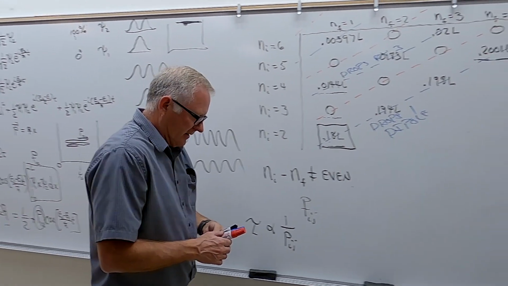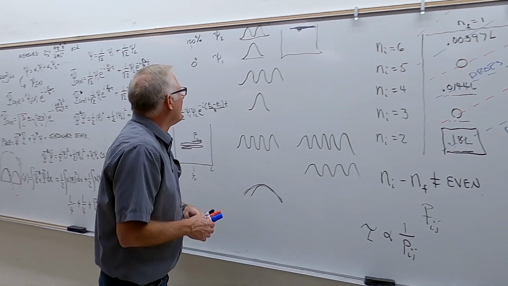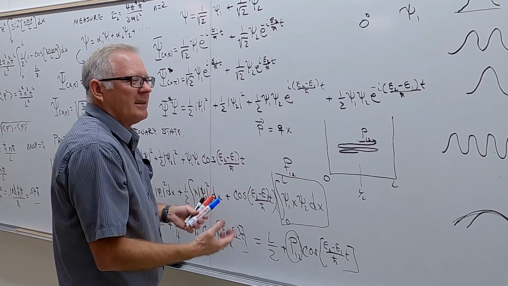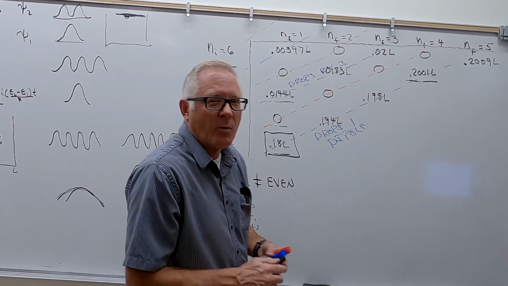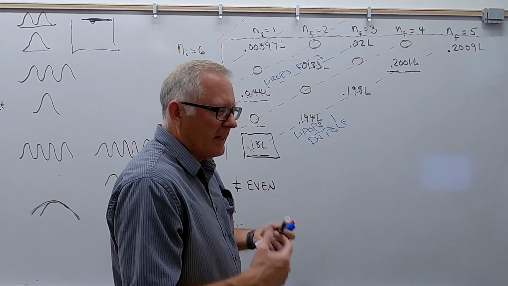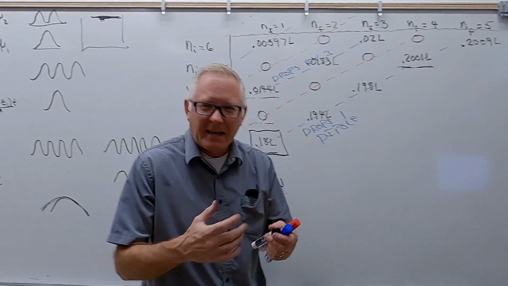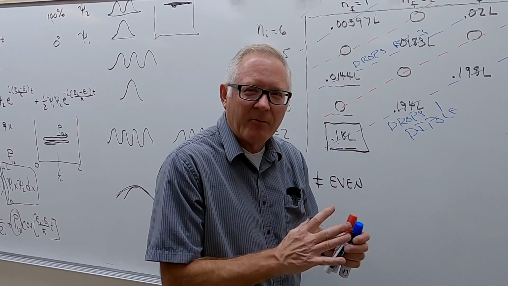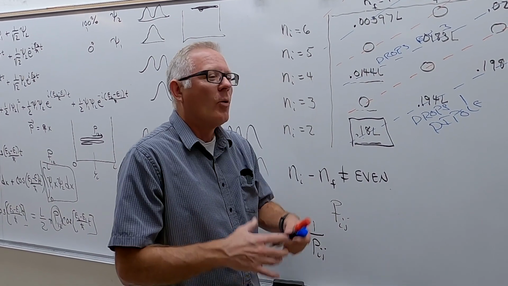Now, you might ask, how do you get into these mixed states? You know, when you're in state 2, it looks like that's a stationary state. You'd be there in state 2 forever. And you really would if all it was due to quantum mechanics. But quantum mechanics doesn't explain how you get into that mixed state. It really took quantum electrodynamics to do that. What they had to do is they had to quantize the electromagnetic field. We quantized the energies, but we never quantized the electromagnetic field. Once they did that,